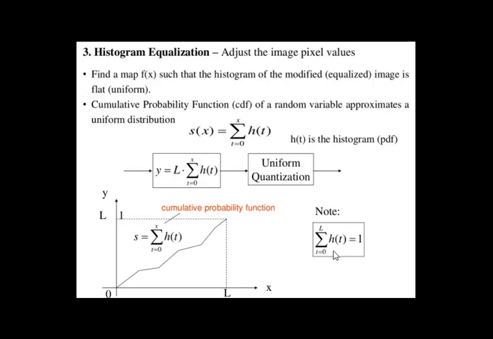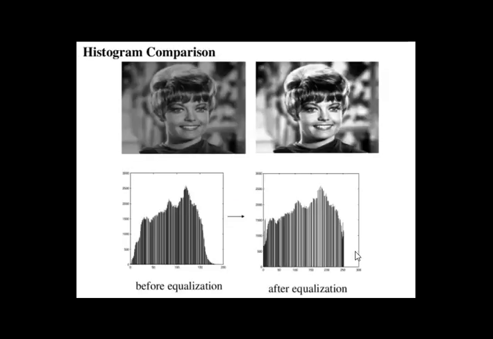See, the summation of this h of t is 1. As we saw, the summation of the normalized histogram is always considered as 1. Now, comparison of histograms. See, the right side image is brighter than the left side, because it is overexposed. After equalization, we are getting this image; before equalization, it is like this. So with histogram equalization, we can equalize the image and increase its contrast.